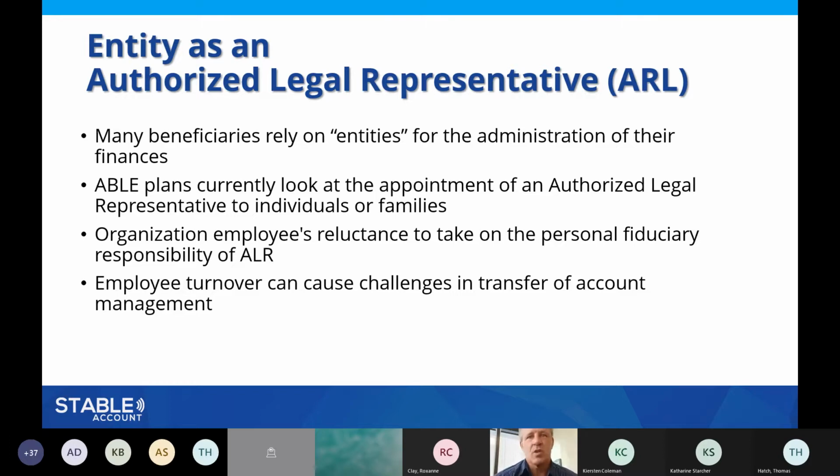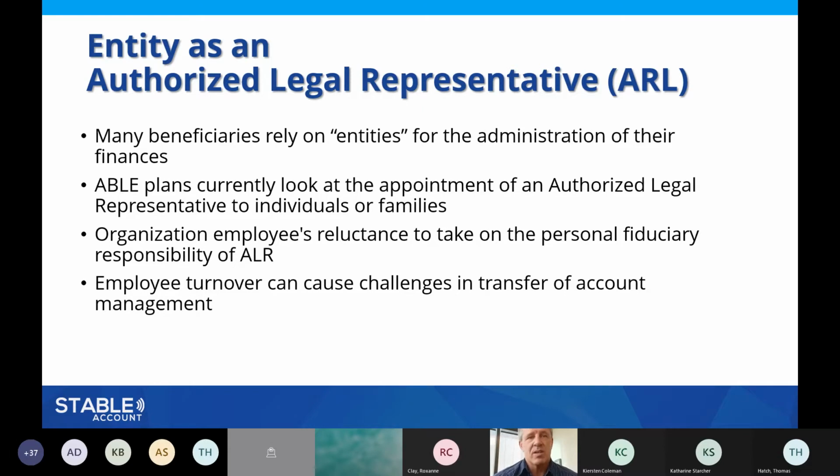So we're doing some adjustments to how that was originally conceived. And not every family or every individual may have the desire or the capacity to do this. So we want to broaden that spectrum of who might be able to do this on behalf of these wonderful individuals.